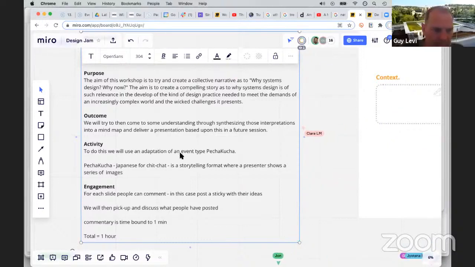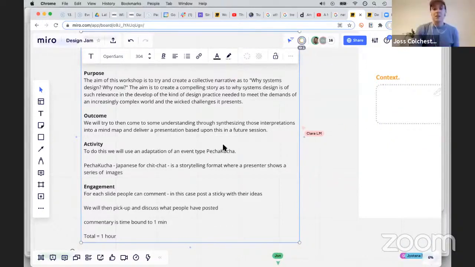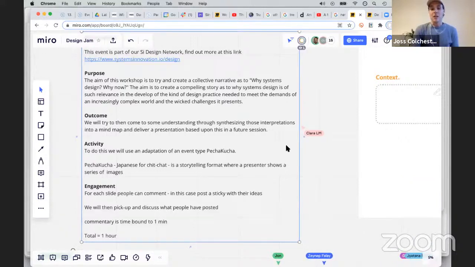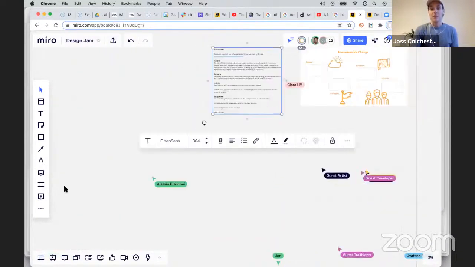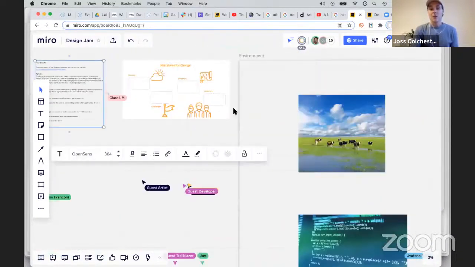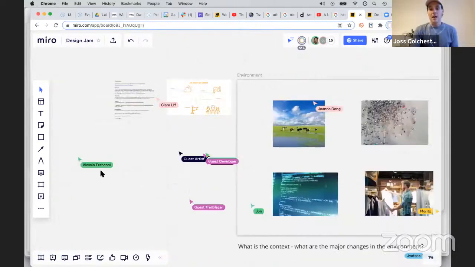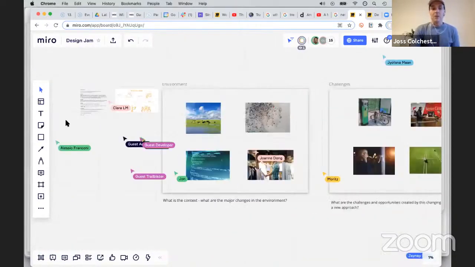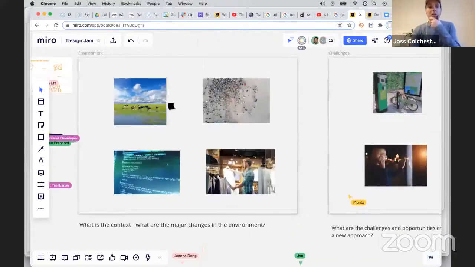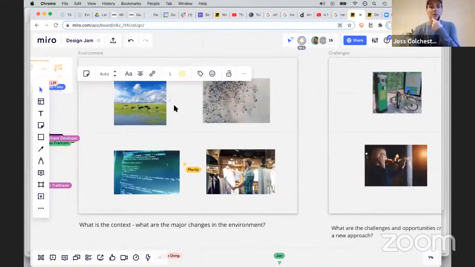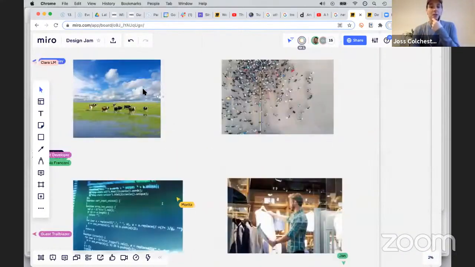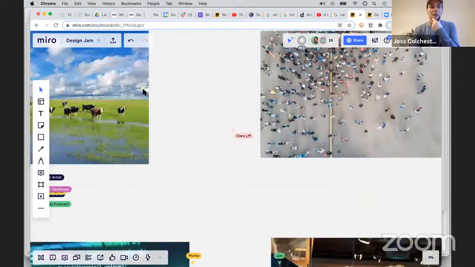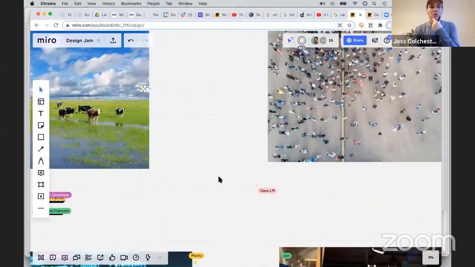The activity today is very similar to last time. It's an adaptation. It's a workshop based upon the concept of Pecha Kucha, where we're going to look at images here. We're going to take a question. Each board here is going to have a question. And then we're going to post up stickies. You just grab a sticky here and you put it down here. Let me scale it properly. And then you're going to write a response to the question